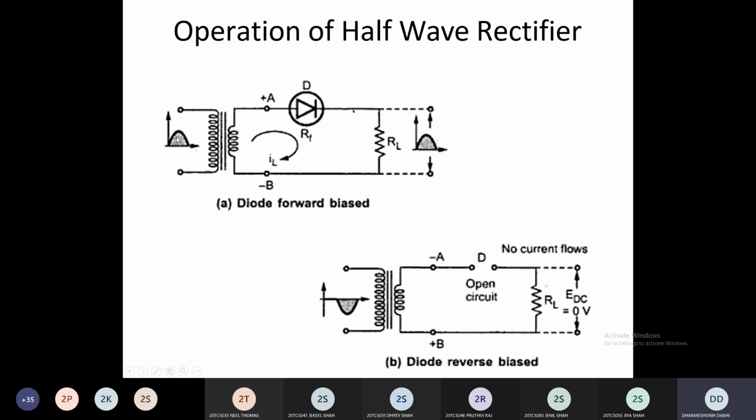What is the waveform during the positive half cycle and what is the waveform during the negative half cycle? You can see both cases. The first case is diode forward bias. At the output, you get the same as the supply waveform. You can see that the supply is this one, positive pulse. At the output load, you get all these positive pulses. But in the negative half cycle of the supply, between pi to 2 pi, you get zero because your diode is open circuited. So the output voltage is zero.